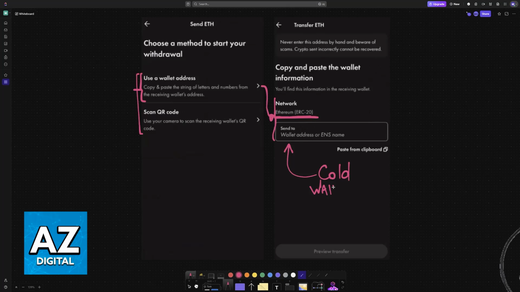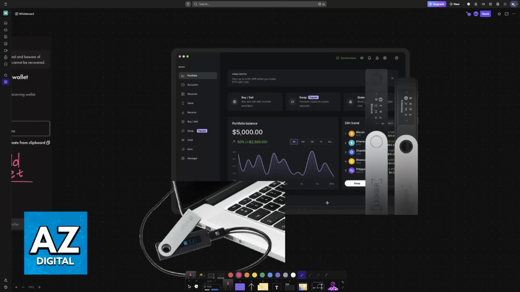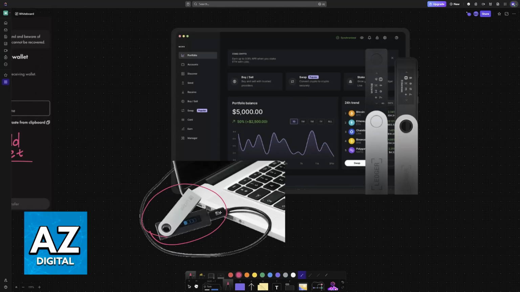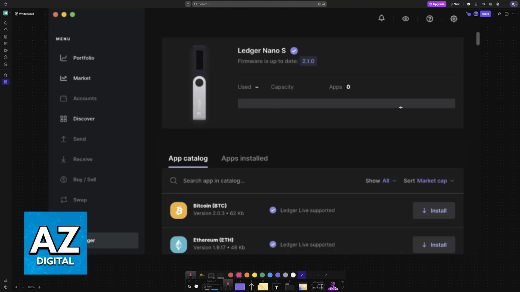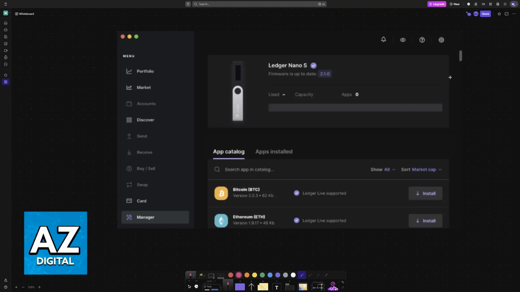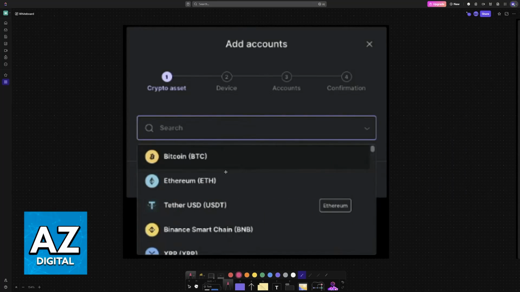In order to acquire this, you will have to access your ColdWallet. So in this example here, I have a ledger. You connect it to a PC or a laptop, and after that is done, you open up the software. There are plenty of other ColdWallets out there, such as Trezor, and it's up to you to decide which one is best. Then you access the accounts and you choose the plus option or the add one to make a new account for that specific asset. If you already have it, then skip this step.